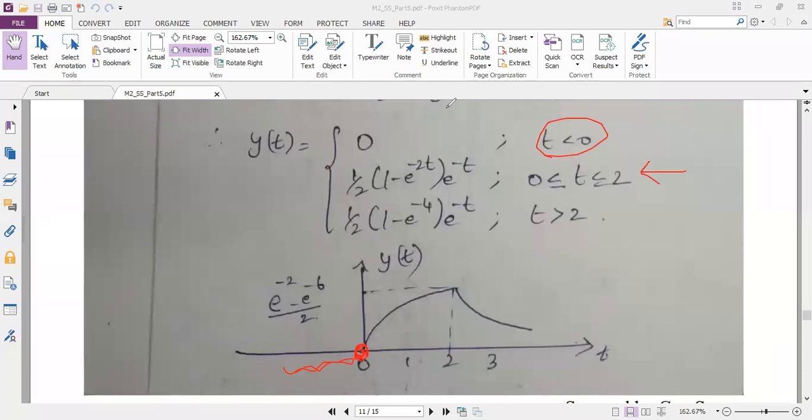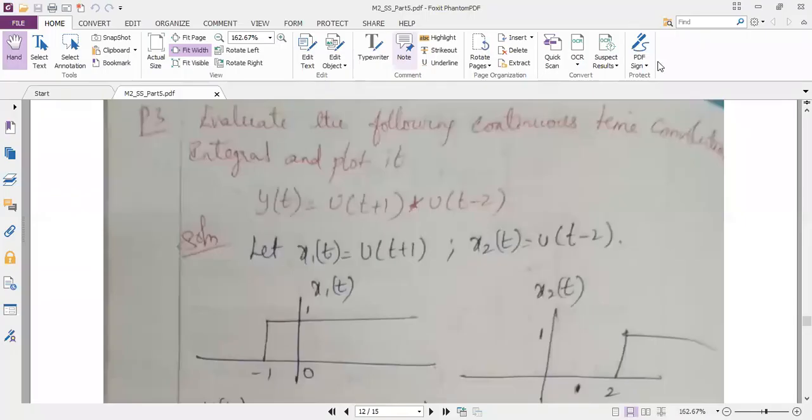Getting it or not? Excuse me, ma'am. Yes. Ma'am, for that condition when t is greater than 2, ma'am, shouldn't we take the